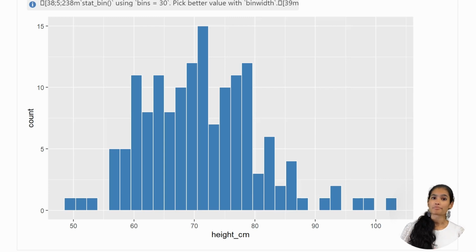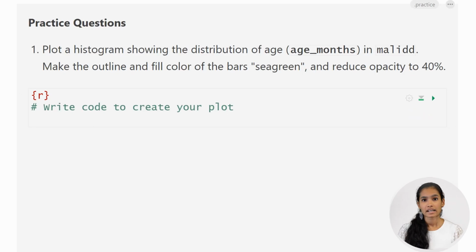So now it's time for you to practice creating simple histograms. This practice question asks you to use a different variable from the MollyDD data frame called age months, which tells you the age of the children in the dataset. We want you to also change the outline and fill color of the bars to sea green and reduce the